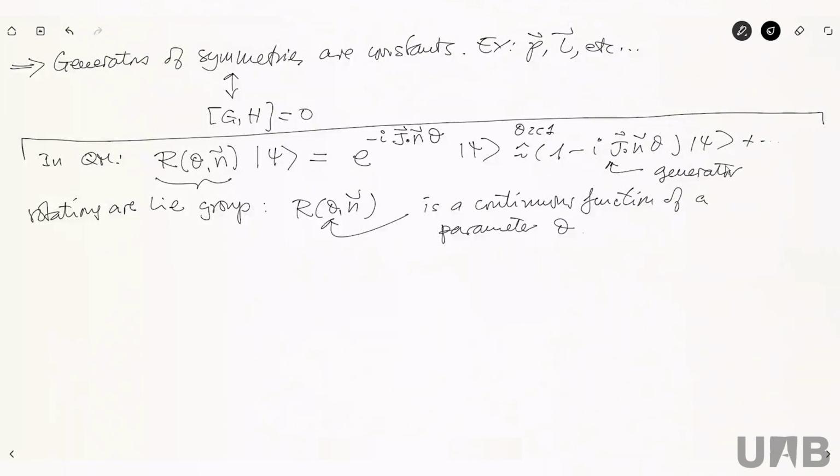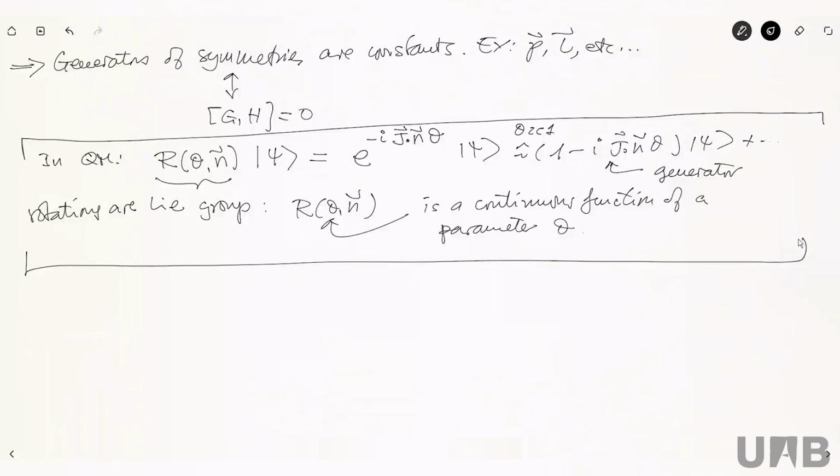So what you can see, these are mathematical properties of a Lie group. All Lie groups have these properties, right? So all the elements of the group are functions of a parameter. The elements are the exponentials of the generators of the group. And in the case of rotations, the generator of the rotation is the angular momentum. So this is the minimum you should know about Lie groups. Okay, thank you.